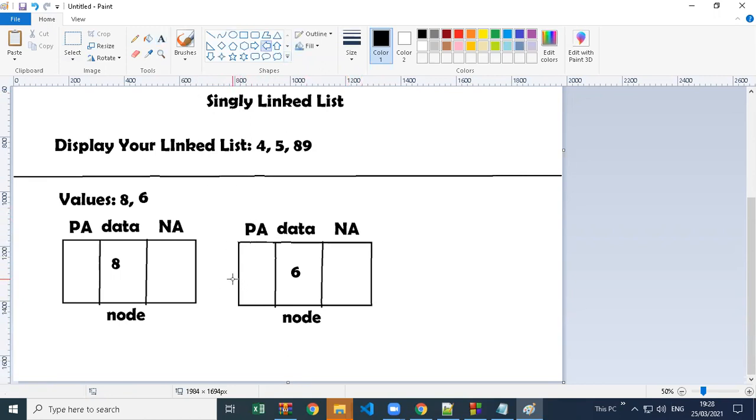PA means previous address, and the first memory has next address. So the first node has next address, and the next node has a previous address. So they have two addresses now.